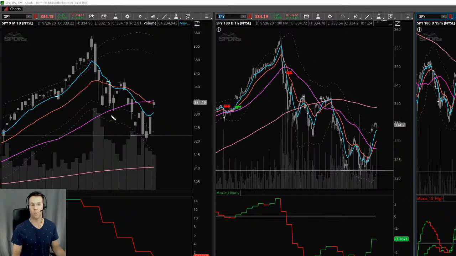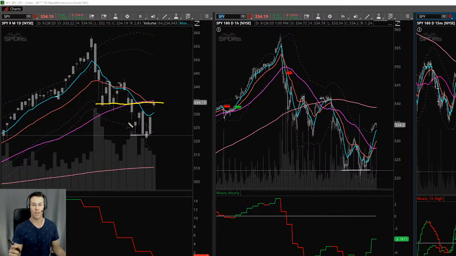Just like how it was support. You can see back here, price would run into this when the daily 50 was support. Then you can see one last little bounce off of the daily 50, and when it broke, there was a big move to the downside. So this is now a problem: we have come up here and we are underneath it. Look at this price level right here. Instead of support, we're now into resistance, and we're going to see how long this actually is resistance.